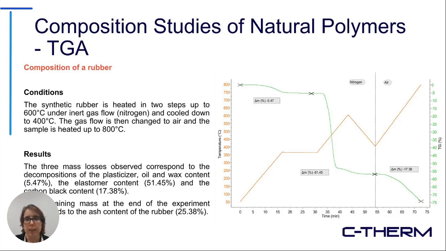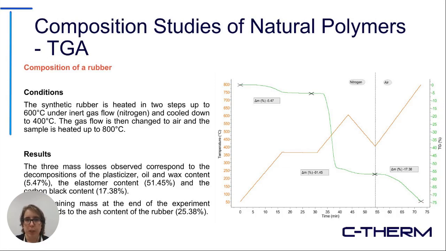The other thing that you can take a look at is compositional studies. This is particularly useful, for example, in natural polymers like rubbers, as well as in natural analog materials like synthetic rubbers. So in this kind of a case, there's a variety of international standard test methods by ISO and ASTM, as well as a few other standards organizations out there. But generally speaking, what these look like is